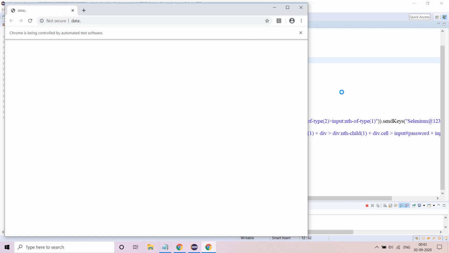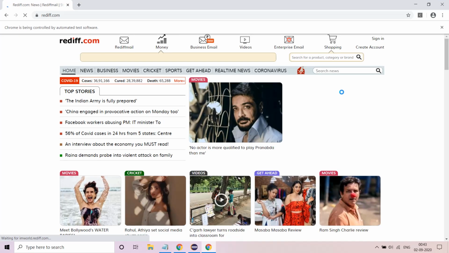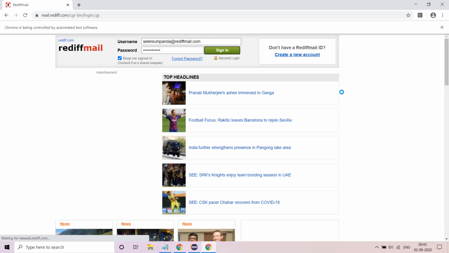So let's see how it works. Okay, it is slow, as I presumed. Probably we'll have to give it another run. No, okay, all of a sudden it became fast.